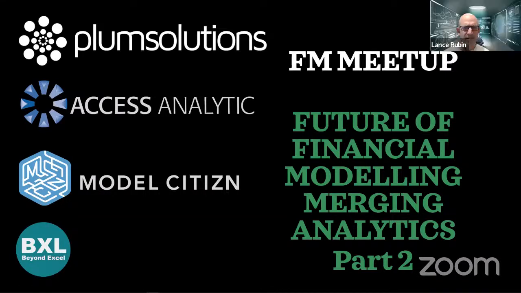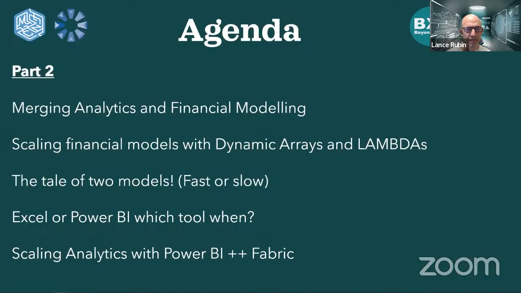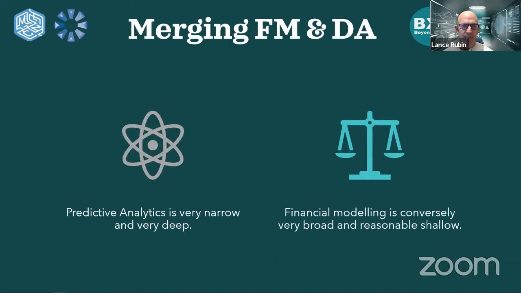Yeah. So thanks, everyone. As Danielle said, this is about bringing the world of scalability and flexibility to financial modeling and, more importantly, exploring some of the latest innovations. So how do we merge these two areas, but also how do we get scale through dynamic arrays and LAMBDAs? We're going to look at a FAST model. We're going to look a little bit at Power BI if there's time at the end, but obviously the main focus is dynamic arrays and LAMBDAs.